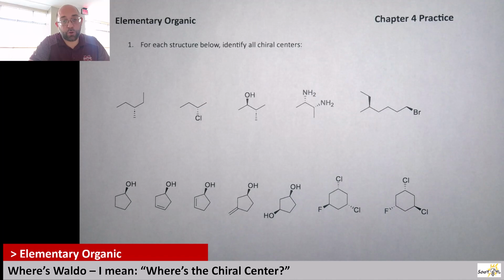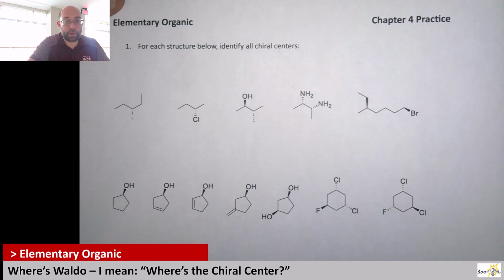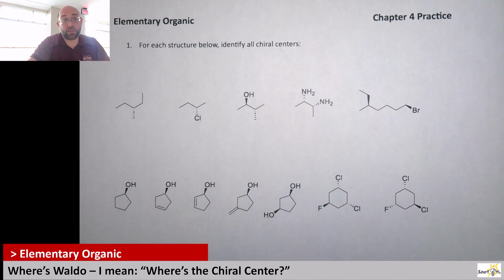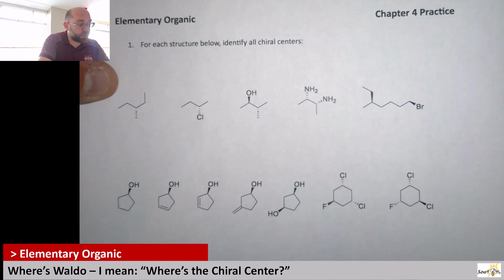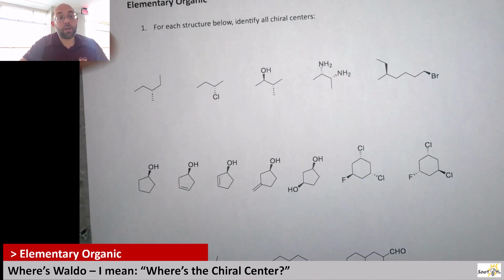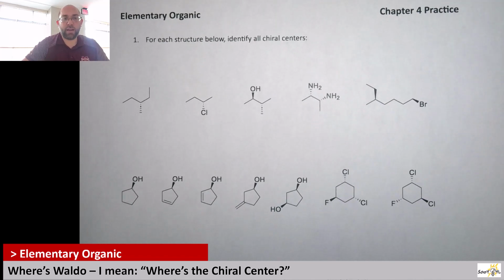So to Elementary Organic, this will be Chapter 4 where we talk about chirality. One of the things you need to be able to do is look at a molecule and recognize whether it's chiral. So I chose some chains and some rings and some combo rings for us to look at and figure out. One of the big takeaways here, if you're going to identify, we're going to focus